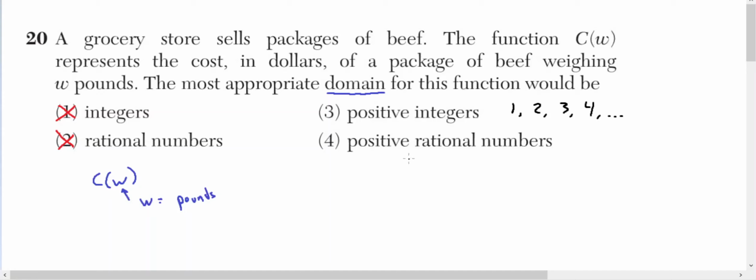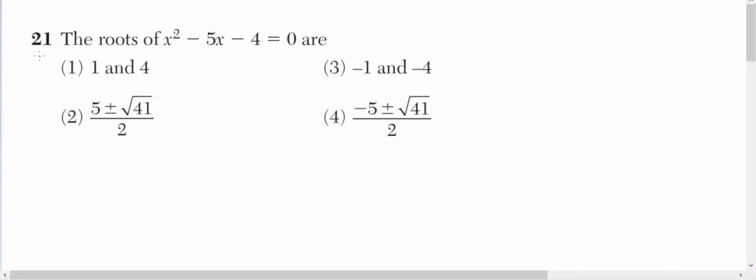Compare that to a rational number, so that could include things like positive 1.01 pounds or positive 2/3 pounds, which would have the decimal expansion 0.6666 and so on. And because these are fractions, you could measure half a pound or a quarter of a pound, third of a pound. That seems more appropriate for this function. So let's cross off choice 3, and by extension, the answer to number 20 is choice 4. So for number 21,